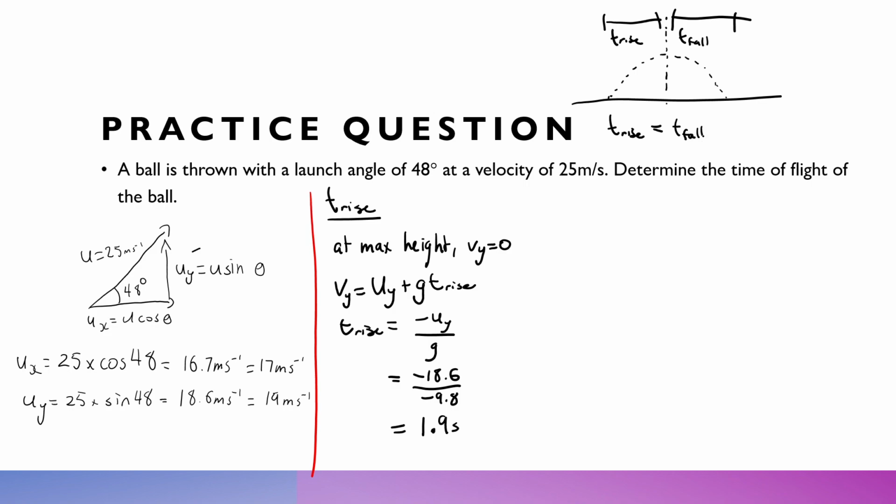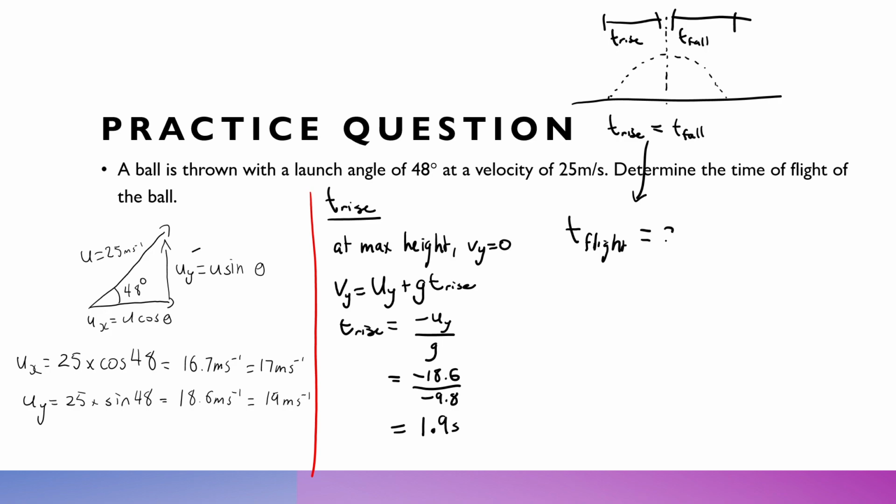The time it takes for the ball to get from its maximum y velocity when it's launched to a velocity of 0 at the top is going to be the same as the time taken for it to get from velocity equals 0 at the top to hitting the ground back down at the bottom. Now, if this is the case, we'll say that the time of flight, which is a total,